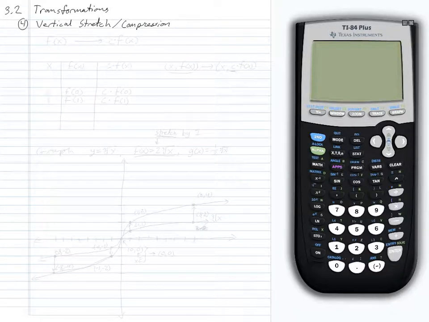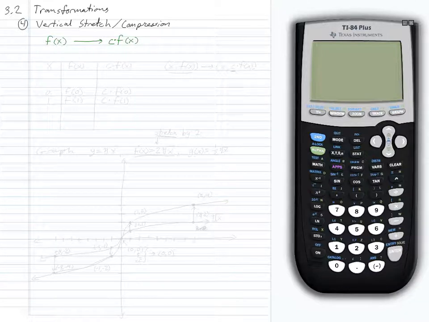Our final type of transformation in this section is the vertical stretch or compression. Now I like to think of stretches and compressions as being the same mechanism. We are scaling our function. So what does that mean? Well, if we take the graph of a function f of x and we multiply the function by a constant,